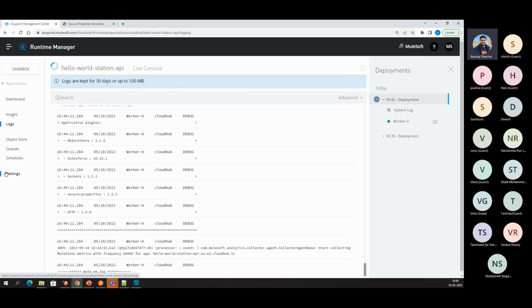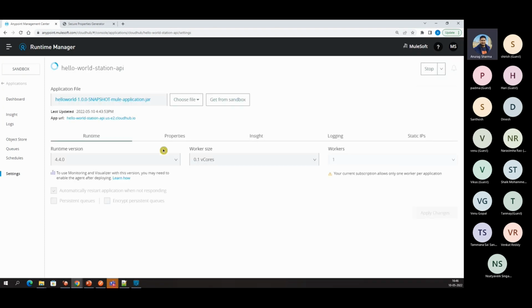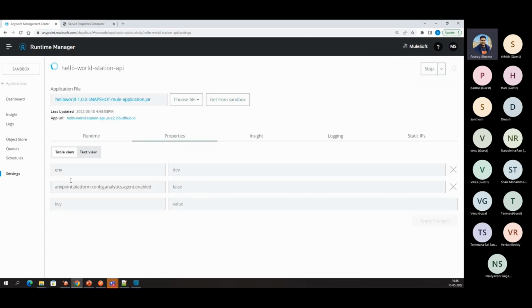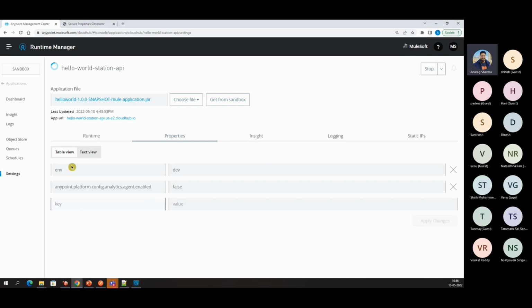If you see, first go to settings, go to properties. Whatever properties you are using, you'll get them as plain text, for example, environment dev. But I don't want to show this property like this. I want to show it as star star star instead of plain text. So what will you do for that? In your Anypoint Studio, there is